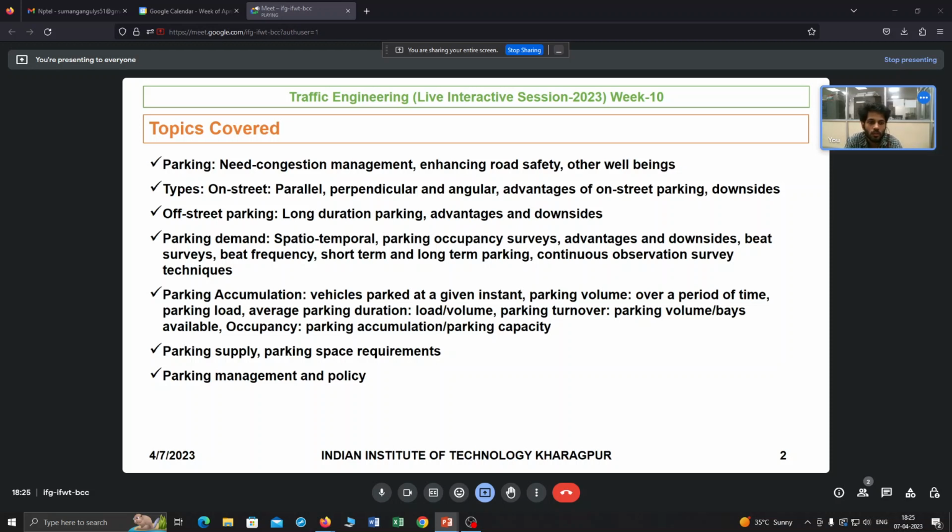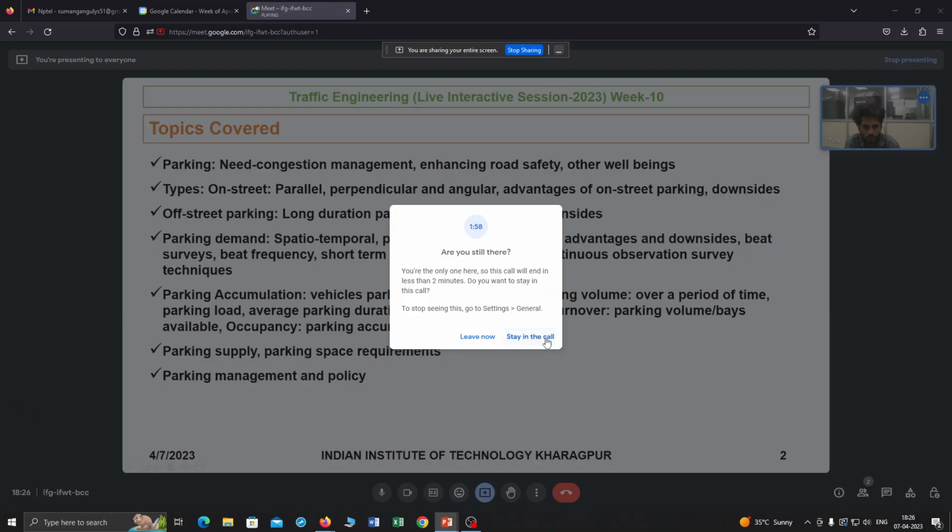So the clear advantage of on-street parking is, you park your vehicle, you go to your office, you park your vehicle, you go to your home, right? So it is easily accessible for the commuters who want to park their vehicles. Also they do not have to walk a longer distance, so they can park in a relatively nearby location from their destination, and then leave their vehicle and go. But there are many downfalls, as I already mentioned previously, right? Safety is one of the challenges also.